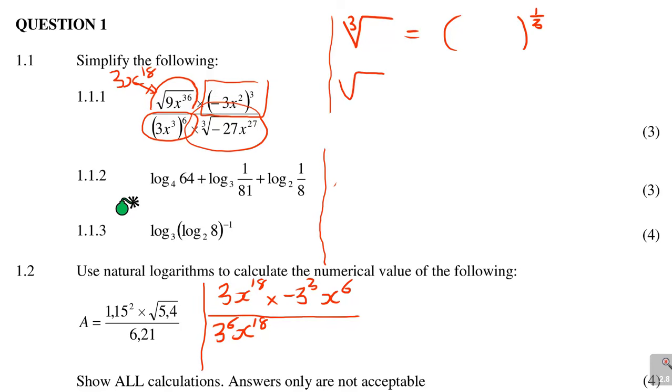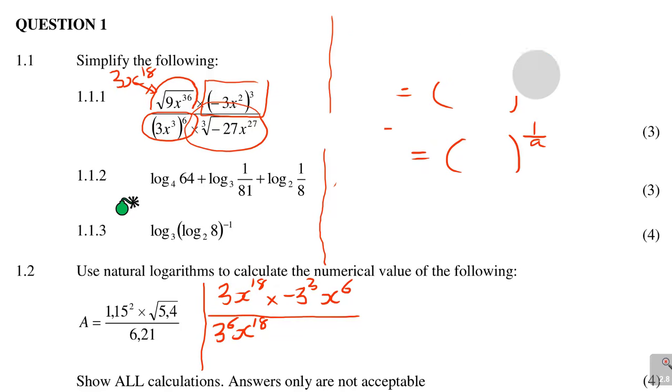Remember I said square root means bracket and it's 1 over 2. So if I put an a root, it means bracket and it means 1 over a. Always remember that. That's what the root means. So the cube root will automatically mean 1 over 3. So if I'm given here a cube root